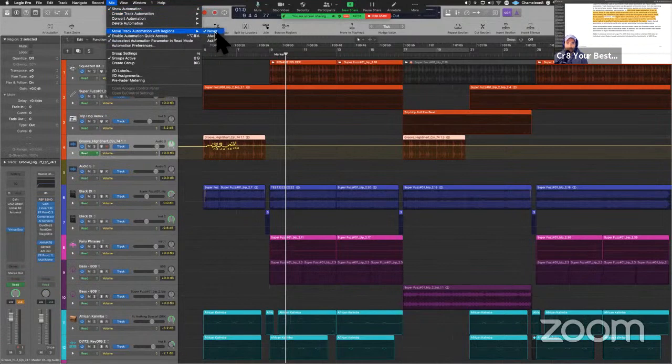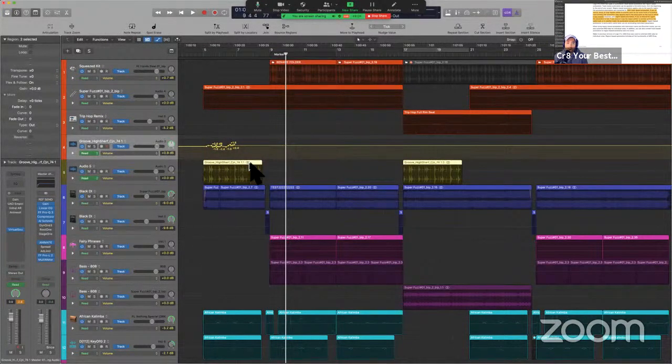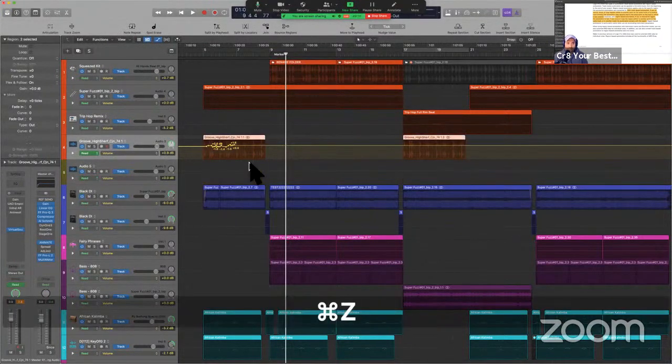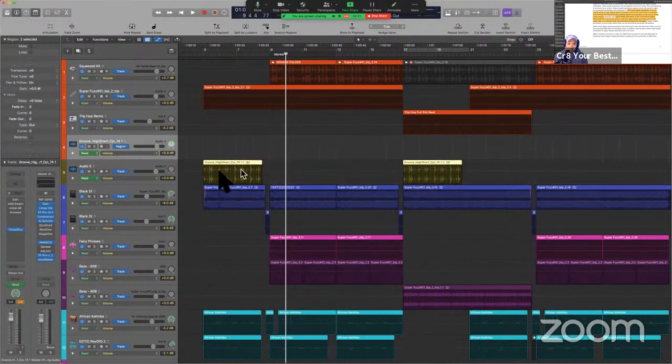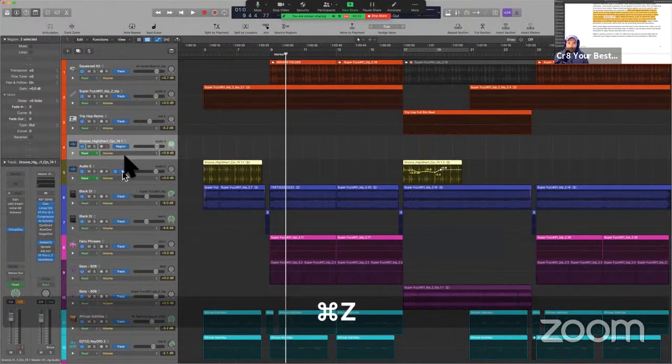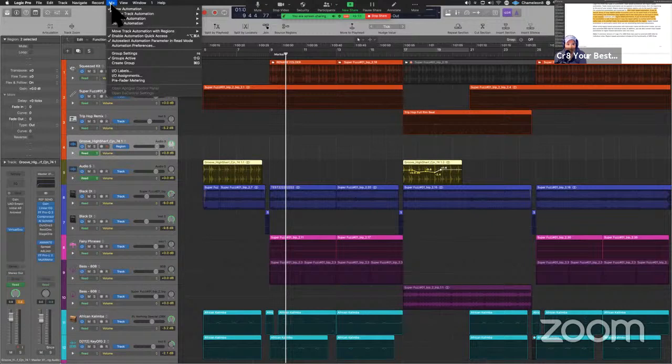Here we go. Never. So I'm going to say don't ever move track automation. All right, so if I bring this down, let's see what happens. Oh, okay. See, we have to preface it by saying that because this can be misconstrued, right? So if we have region-based automation, if we bring this down, what happens? Hold on. Okay, so I believe when Logic arrives and you first buy it stock, perhaps this feature